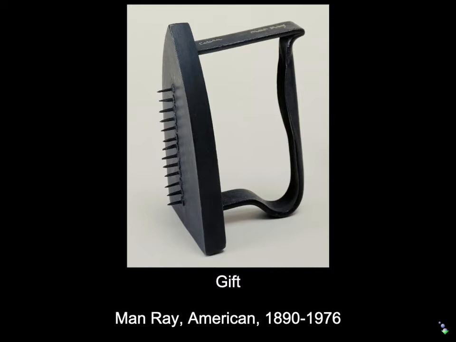Here we have another Man Ray sculpture, this one called Gift. And here again, he juxtaposes two kinds of found objects that in life don't have anything to do with each other. A flat iron that you would use to iron your clothes, and carpet tacks or upholstery tacks that you would use to make your chair nicely upholstered. Each has its own meaning in life, but he puts them together in this poetic association, and something new happens.